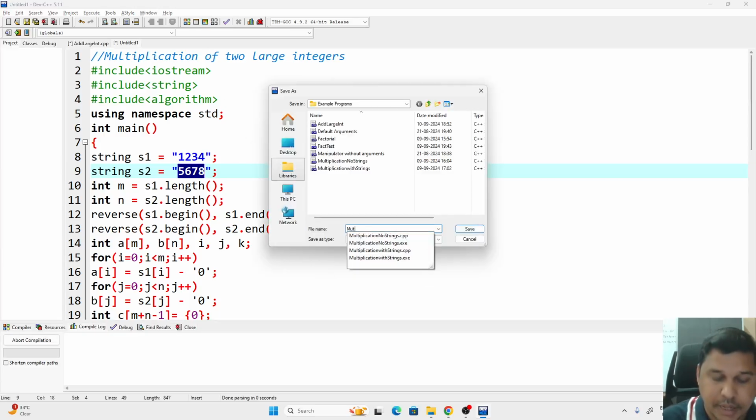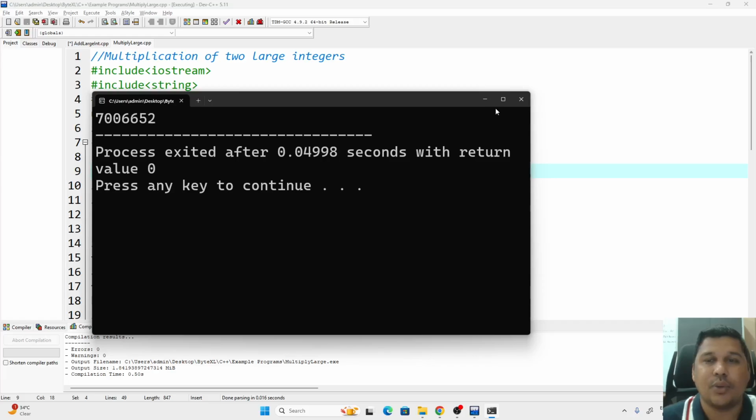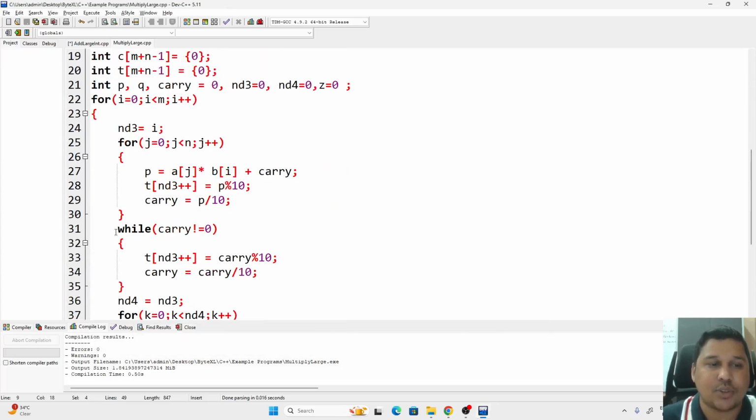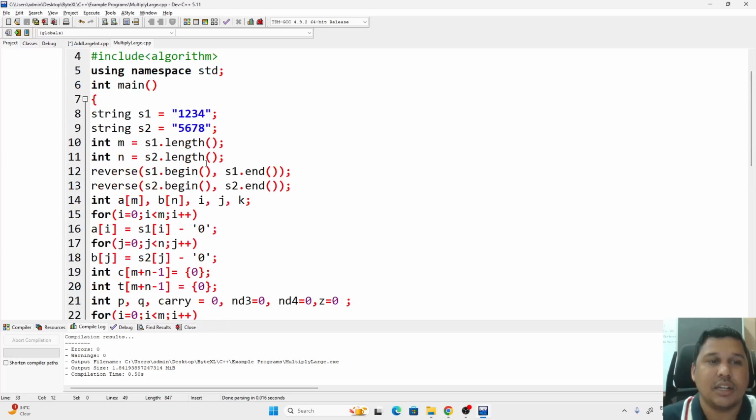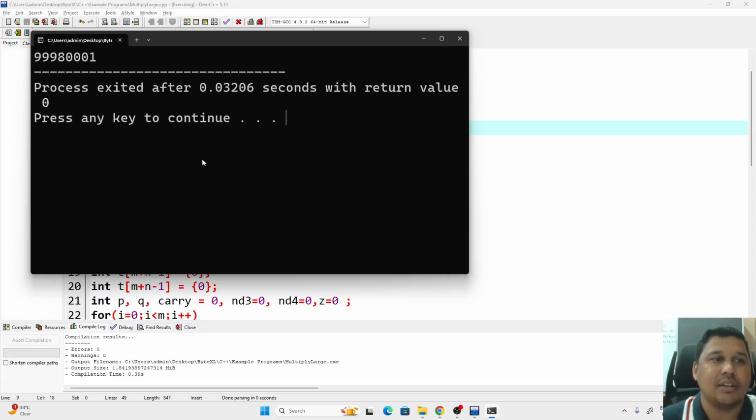Okay. Multiply large. See, you are getting the value 7006652 here, which was the actual answer we were expecting, right. So, when will this logic actually execute? What about this logic? It is this case when I have 99 like this and 999 like this. When I multiply, you get the answer again, which is exactly true, this one 9998, this is the answer. But in this case,